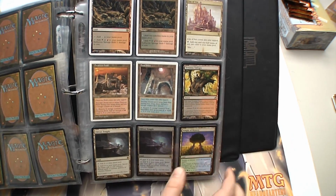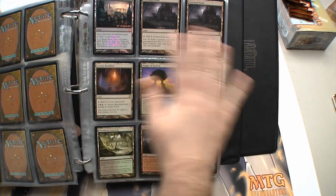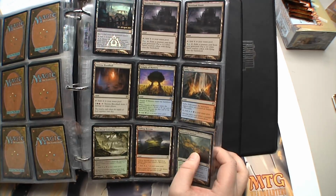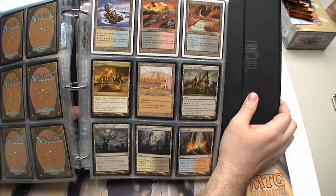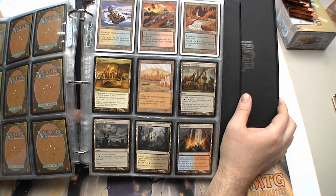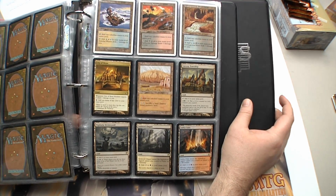Eldrazi Temple Foil, Temple of Mystery, Foil Maze's End, Moorland Haunts, Stenzia Bloodhall, Temple of Mystery, Sulphur Falls, Woodland Cemetery, Clifftop Retreats, Hinterland Harbor, Adakar Waste, Sulphurous Spring, Underground River, City of Brass. We've got a Dust Bowl from Marcadia Mask, Gavenry Township, Nephilia Drownyard, Sulphur Falls,